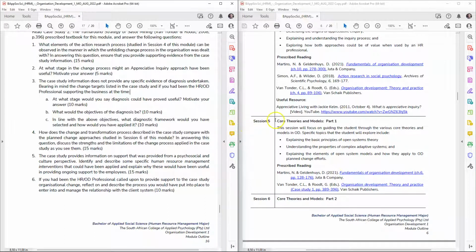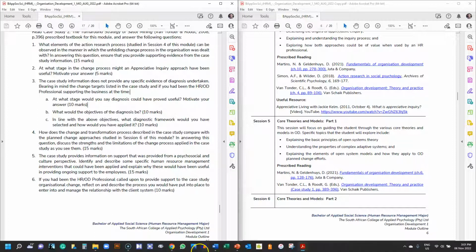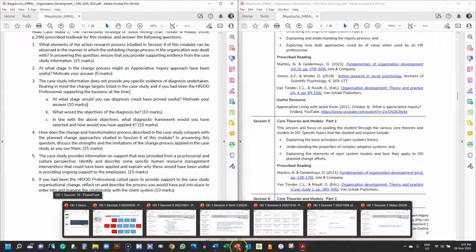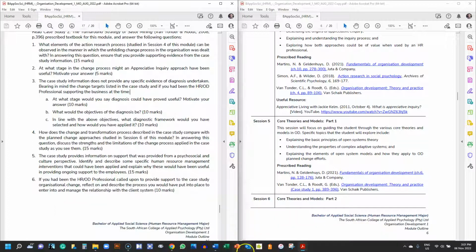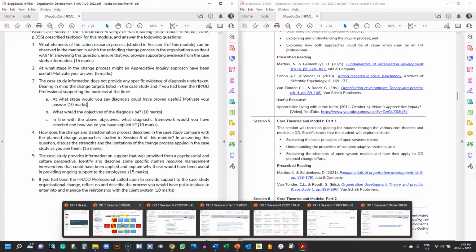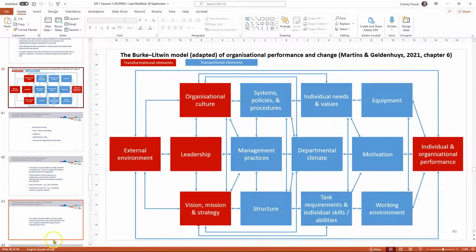Yeah, it's session 5, Core Theories and Models, Part 1. And let me just quickly go to slides for session 5. Okay, here we go. So in session 5, you must be familiar with the material that we prescribed and have studied that. But the diagnostic model,